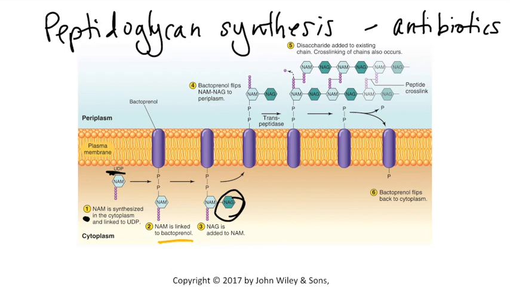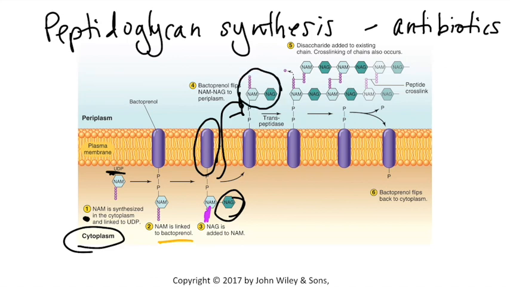So we have our peptide, and now we have our two sugars. This is all in the cytoplasm of the cell, so this is on the inside. To get this to the outside where the cell wall is, this whole protein, this whole bacterial protein flips over so that now you can see there's the NAG and NAM right up here at the top outside of the cell. This NAG and NAM gets bound to other NAG and NAM parts